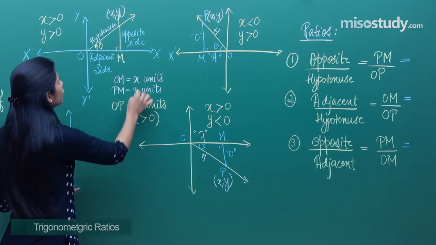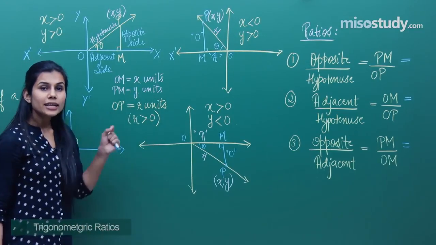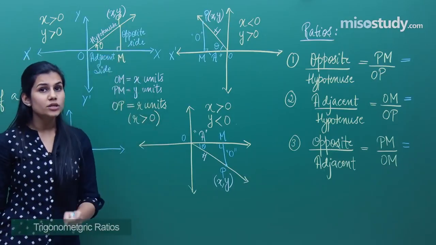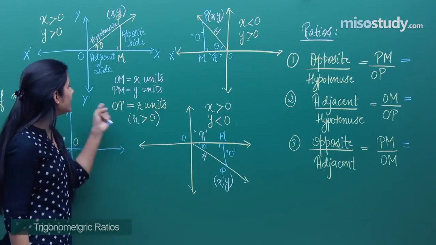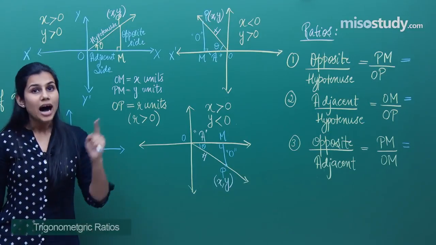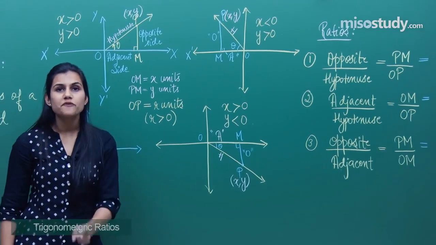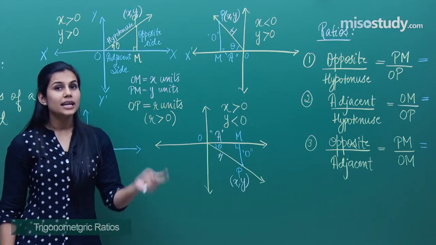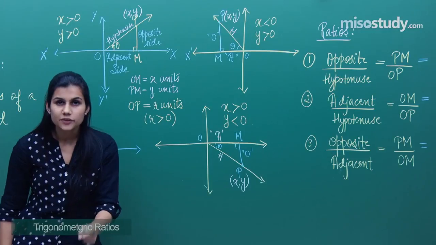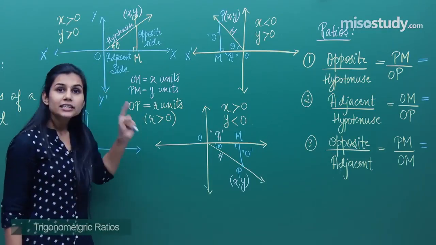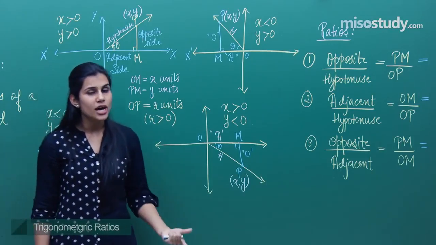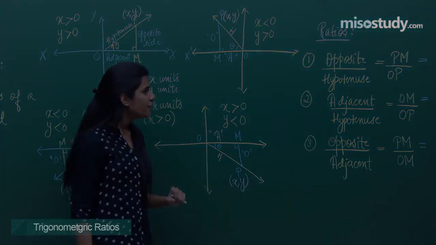But if you talk about X and Y, which are the lengths of the opposite and the adjacent sides, they can be positive or negative depending upon in which quadrant the triangle of reference is lying. But the hypotenuse can never ever be negative. It is the length of the adjacent side and the opposite side which can be negative depending upon the quadrant in which the triangle of reference is lying. And therefore, if I